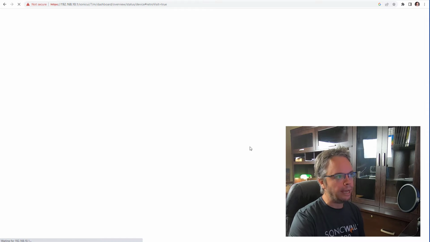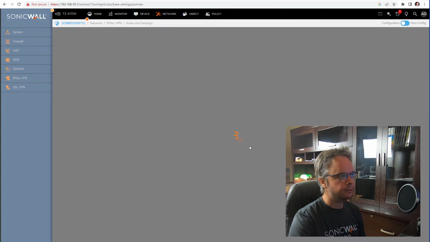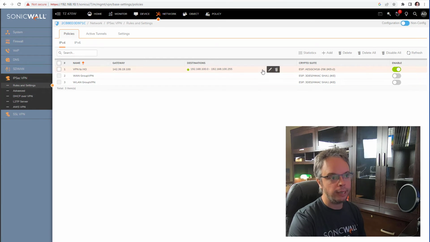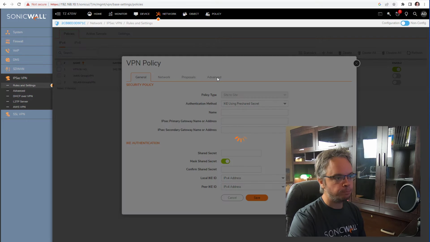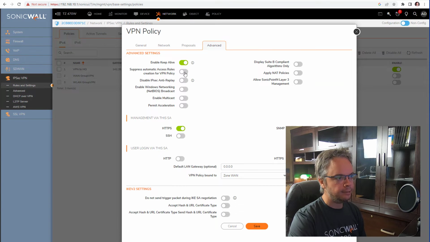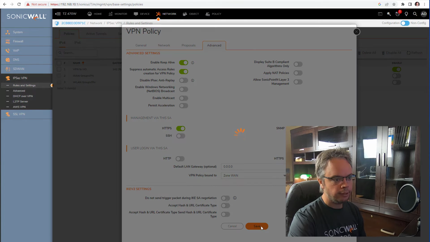So on that firewall, I will remove the policy, the checkbox that automatically creates all access rules, right? So under Network, IPsec VPN rule, where we were, I edit the VPN, go to Advanced, and suppress automatic access rule creation. I'll save this